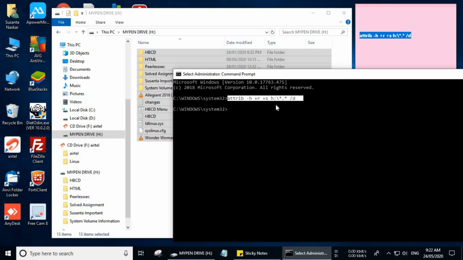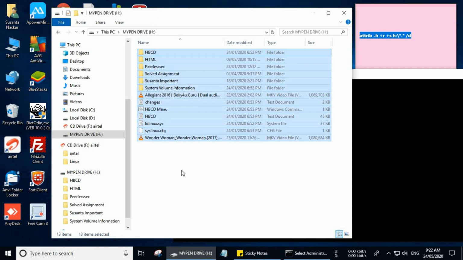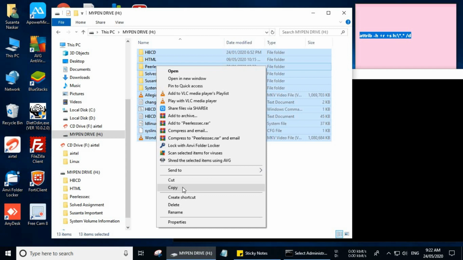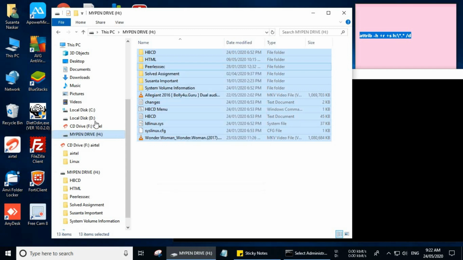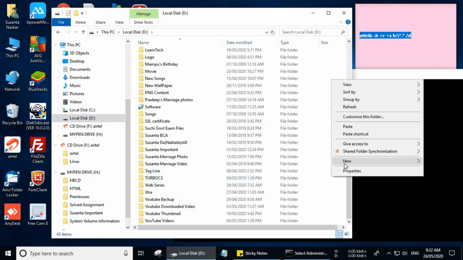Here is the command, and this is your pen drive. My pen drive's data is all showing. If you want to copy, you can just right click on the data, then copy and paste it into a folder on another drive.